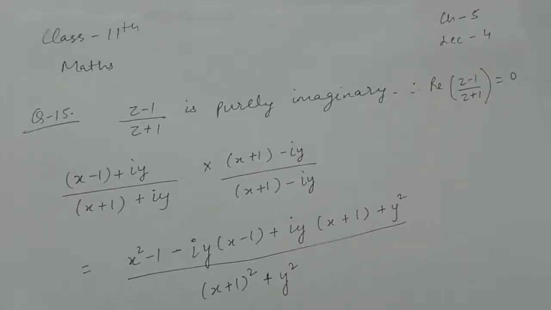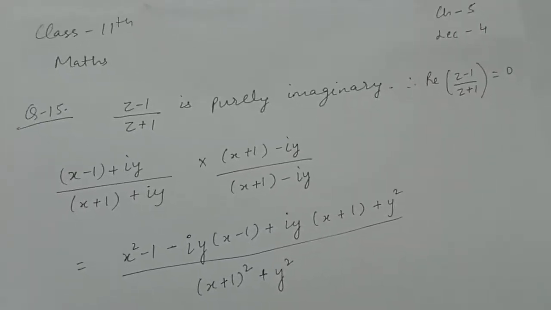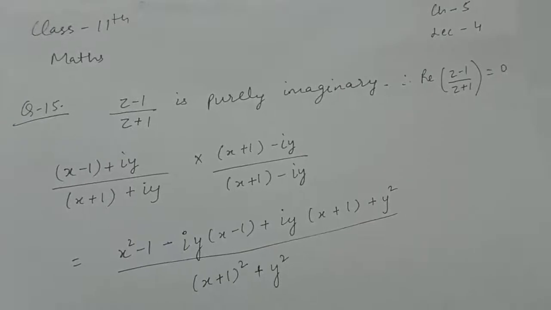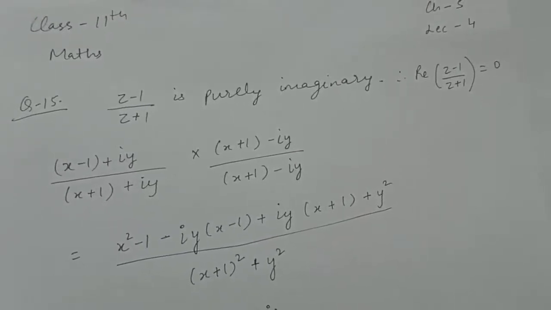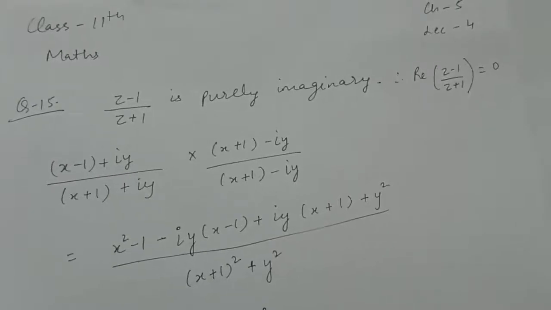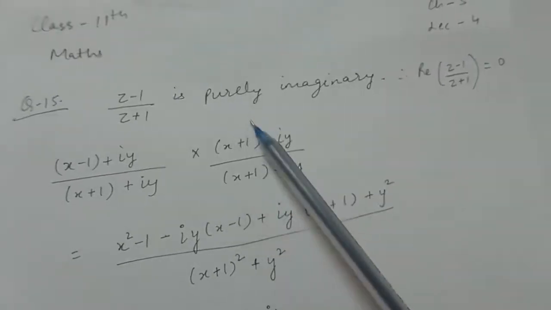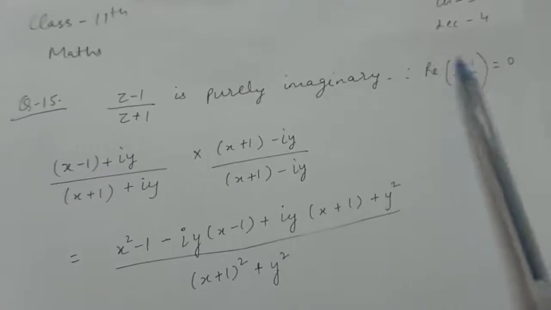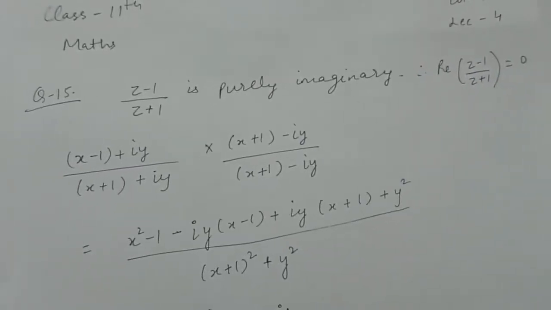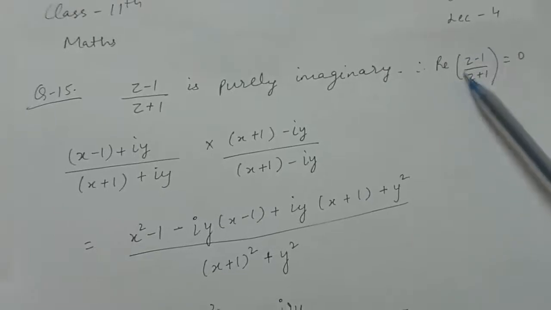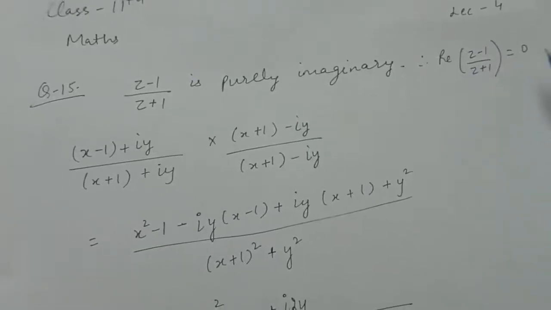So question number 15 is: if (z minus 1) upon (z plus 1) is a purely imaginary number, then find the value of modulus of z. Now see, if this complete expression is a purely imaginary number, then the real part of this will be 0, right? So we will use this information only, that the real part of this is 0, to calculate the value of modulus